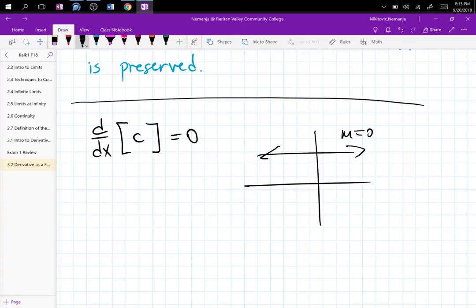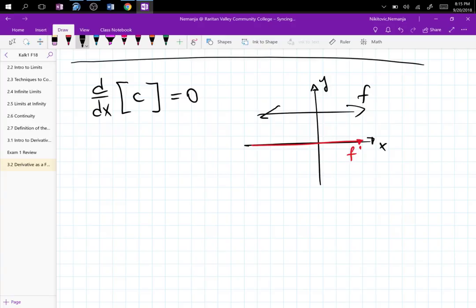So this is going to be one of the formulas that you will be memorizing, obviously. And now if you graph, you will have your function. This is your function f. And then if you go and graph your derivative, the derivative will be equal to 0. So f prime. It's actually the x-axis, right? So these are some of the